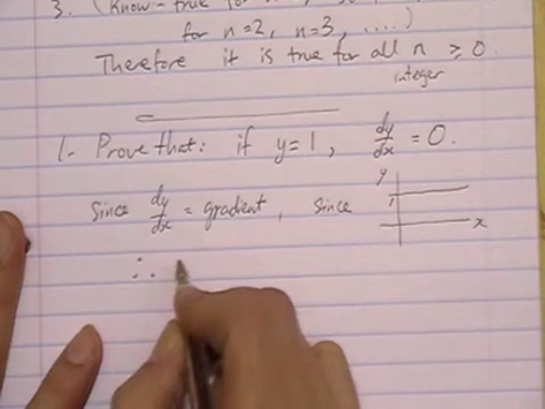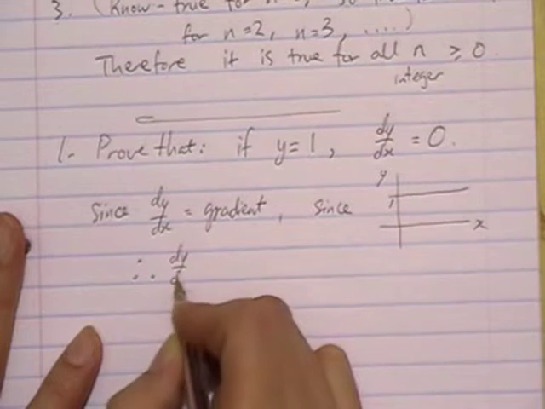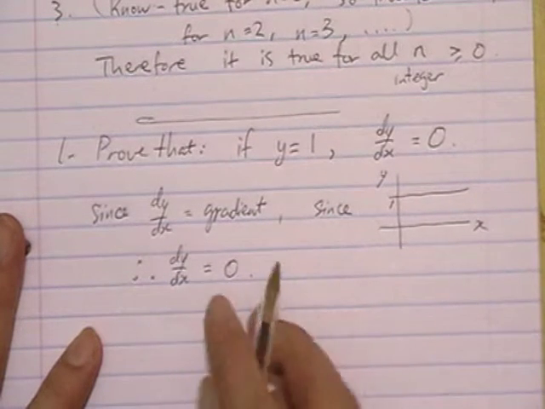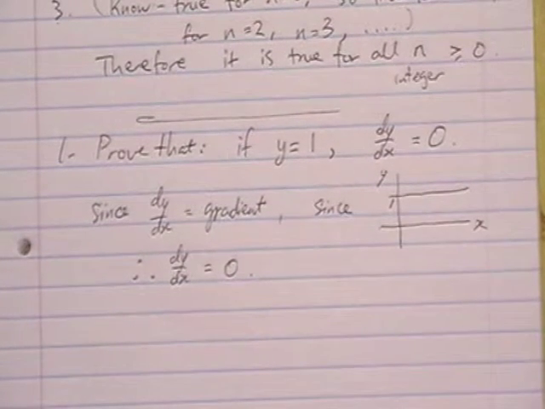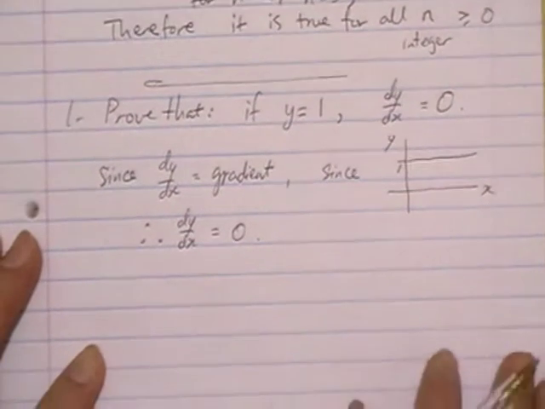Therefore dy/dx is 0. And that proves the point. Or